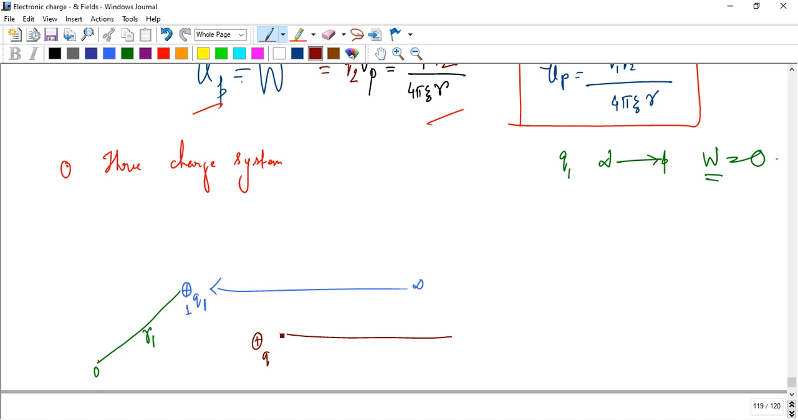These Q2 charge bring from infinity to that point. From infinity to point 2. When Q2 charge is brought from infinity to point 2, the system also contains one charge, Q1. Now Q1 behaves as a source charge and produces an electric field. If Q1 produces an electric field,